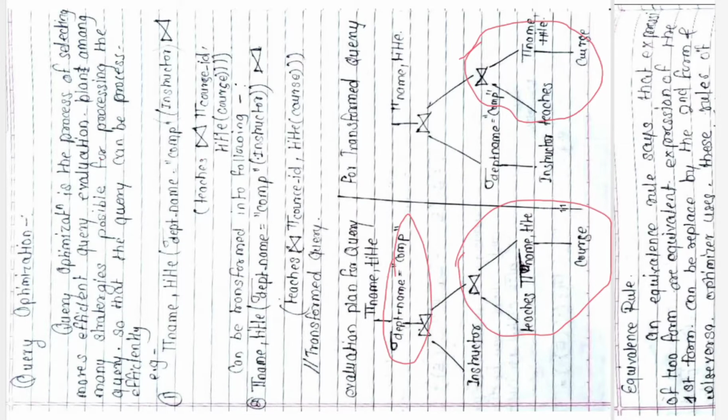What have I done here? In this particular part, what I have done, first I am going to join them. You can see here first I am going to join them and then I am going to select, right? What have I done here? First I am going to select and then I am going to join, right? So what will be the impact of this? If I do it this way, what difference will it make? Whatever the cost I will get, what will be the impact of that? See, what is the impact that I will show you.